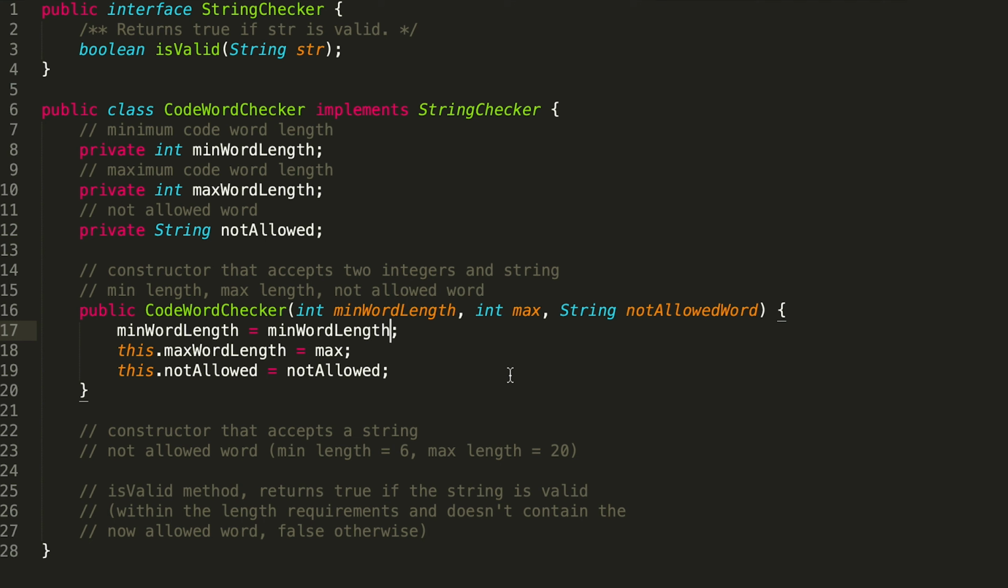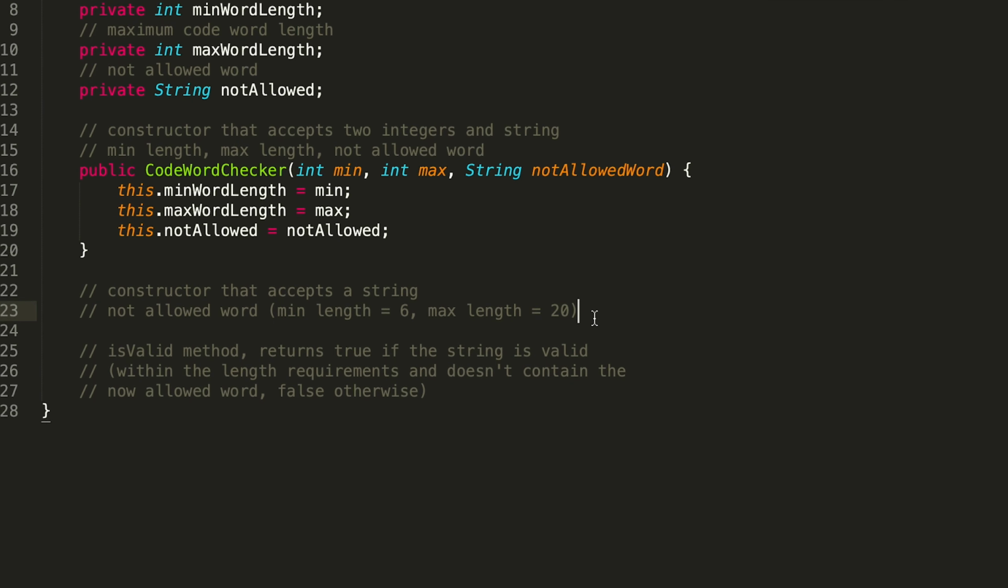This is a confusing statement, and just to simplify things, make sure to either use this if you're going to have them have the same name, or just change the name of your parameter in your field. Alright, so that's our first constructor. Second constructor,